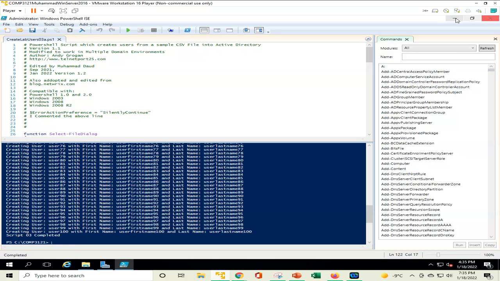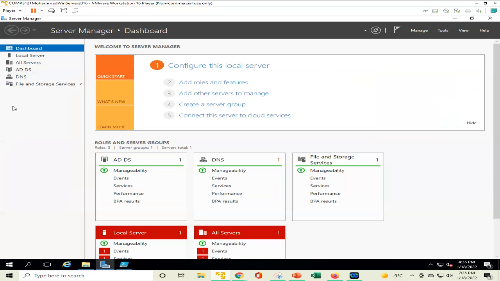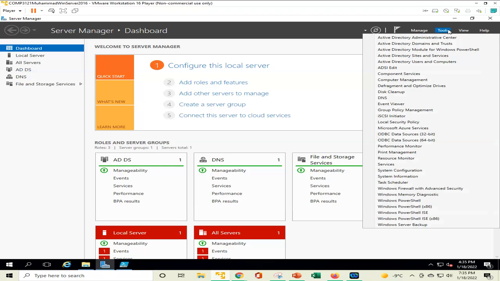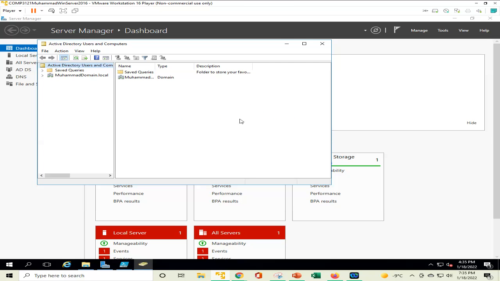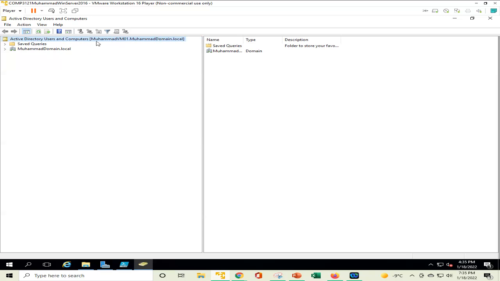How can we see? We can close or minimize this window. We can minimize this window, and here in our VMware environment, how we can see the users created already. We can go to Tools, and here we have Active Directory Users and Computers. We click on this one and we expand this window, and we see this is our server. See the name, Muhammad VM01, muhammaddomain.local. This is our machine, this is our domain, and we expand this